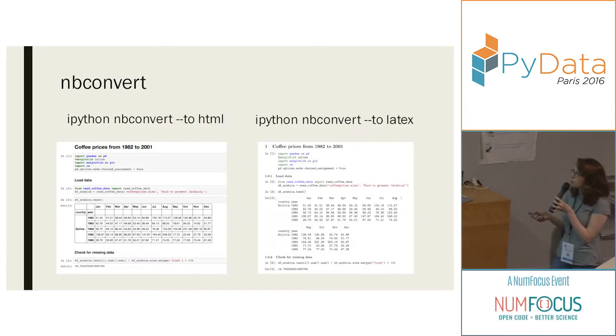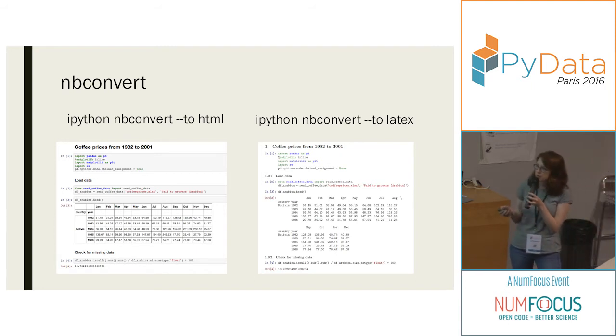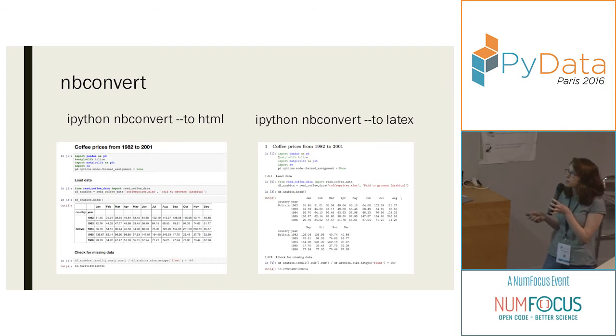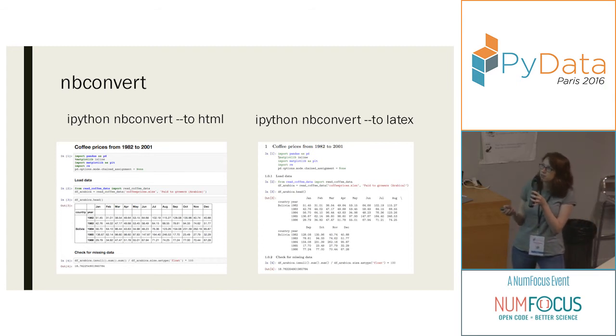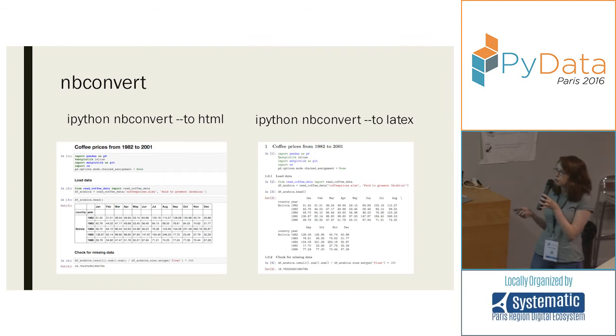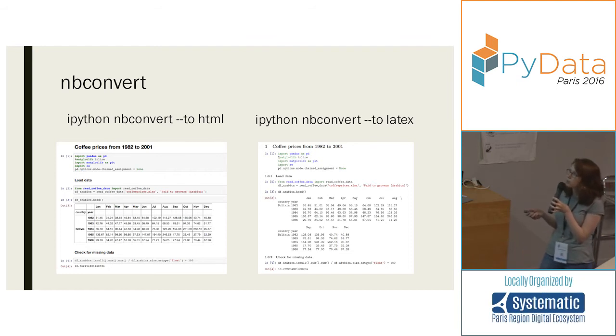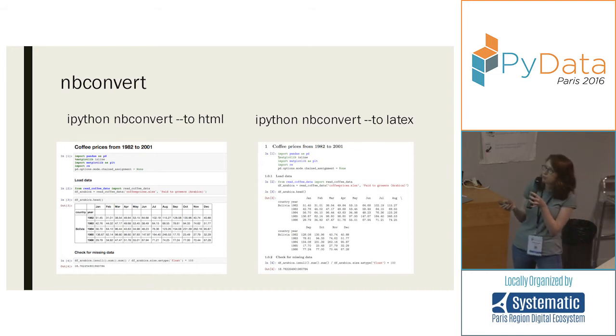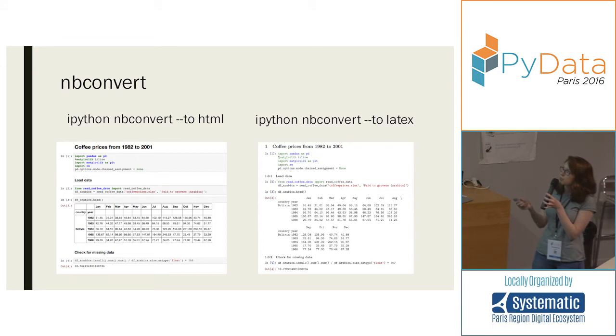One good way of creating reports, and a very easy way of creating reports from my Python notebooks, is to use nbconvert. As it says on the tin, it converts notebooks into static formats. For example, I can convert the notebook into an HTML document. I do that by calling the command ipython nbconvert and then a / to HTML.